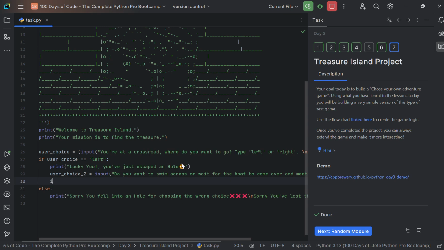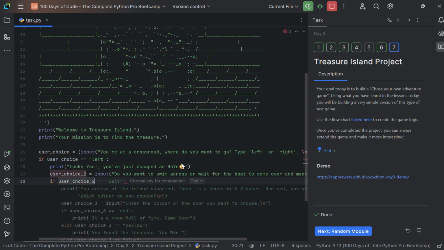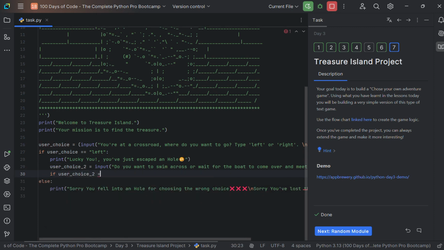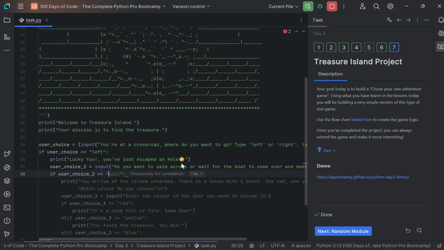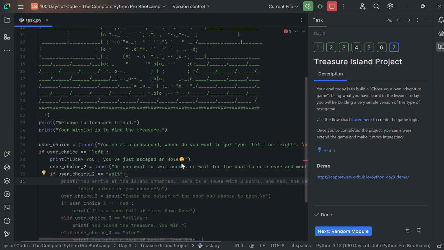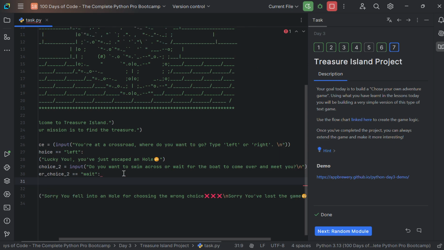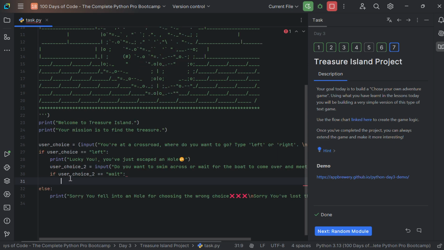It's going to be if user_choice2 equals wait, then... If the second user choice equals wait, then